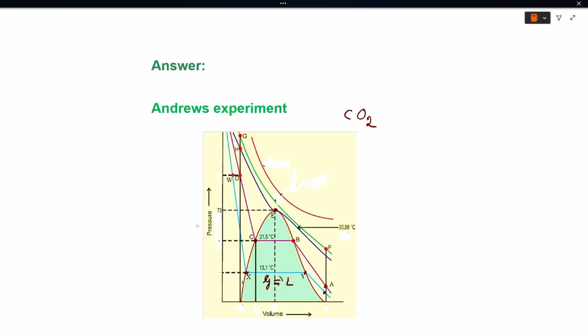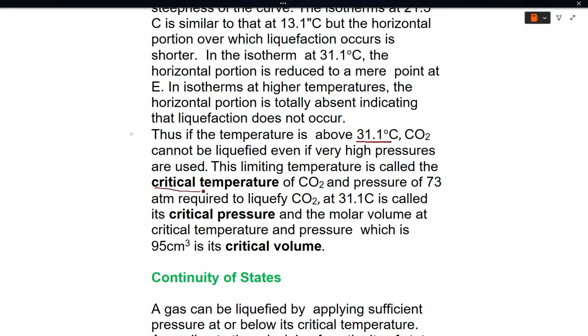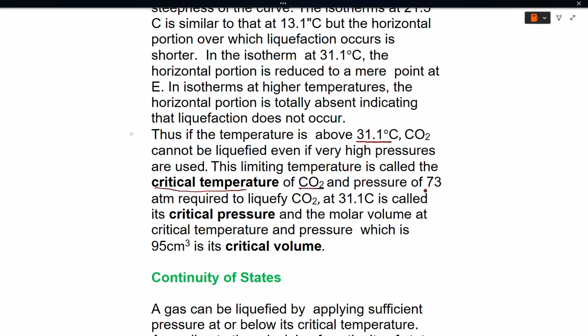the whole system, you can see in the graph, there is no formation of liquid, it remains only in the gaseous state. So, the temperature 31.1 degrees Celsius for carbon dioxide, if you go to any temperature above that, you cannot liquefy carbon dioxide, and this temperature is known as the critical temperature of carbon dioxide, because above that temperature whatever high pressure you give, the gas never gets liquefied, and the corresponding pressure is 73 atmospheres at 31.1 degrees Celsius,